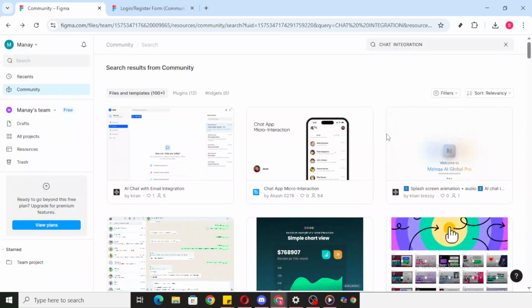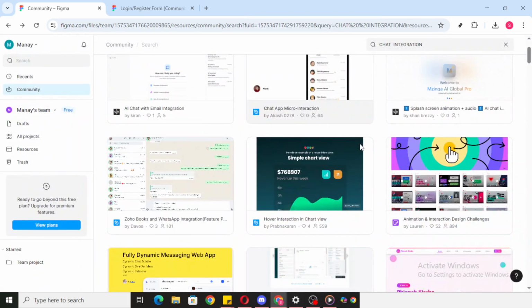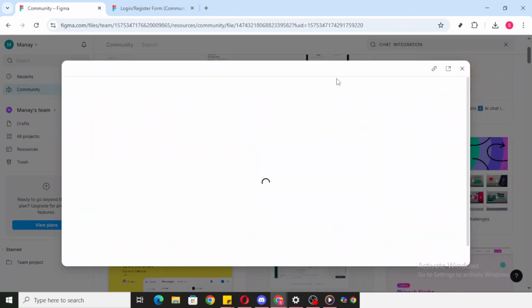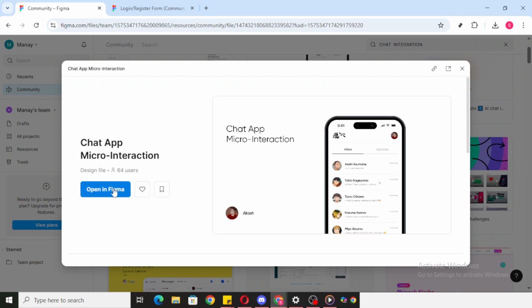Inside the file, you can edit text layers to reflect real conversation copy, update names in the message bubbles, and adjust timestamps to make the flow feel authentic. Swap avatars by selecting the image layers and replacing them with your own images. If the layout feels tight, check the right-hand panel for auto layout settings and tweak spacing, padding, and alignment so